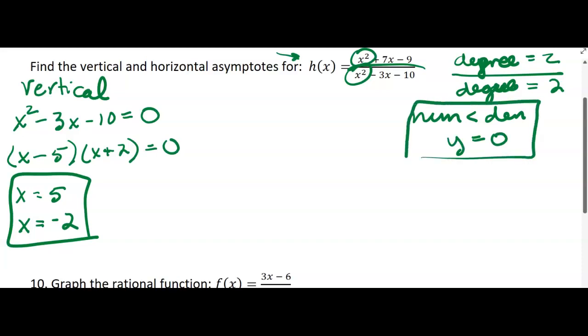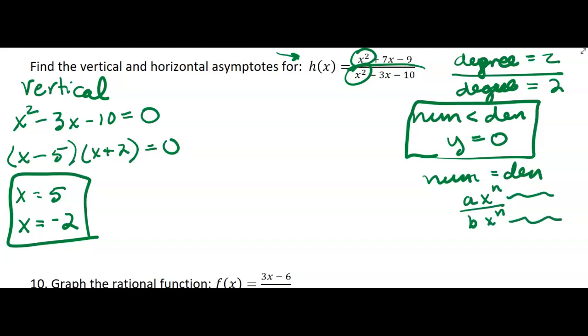This is the time when there were 3 cases. If the degrees are equal, then you take their coefficients. Like if you have ax^n over bx^n, you get y equals a over b. That's the line. That's our case here, because we have the same degree, so they're equal, and you have a 1 here and a 1 here. So y equals 1 over 1, or y equals 1. That is the horizontal